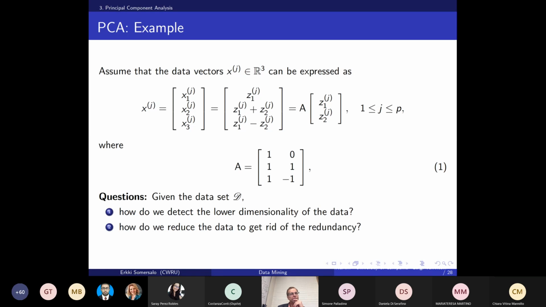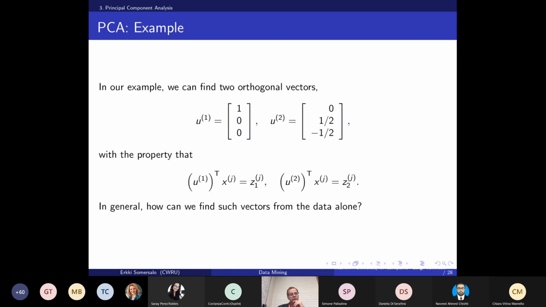You can think that, let's say, you have people who have bought a car and they have bought car insurance, and for some reason the car and the car insurance always come together. So you don't really need to know that the person has the car to know that the person has car insurance. In that case, you might as well try to reduce the data. But of course, the data is not given to you in that way. It is given so that the components look independent, but there is a dependency between the data. Statisticians would say that there's some sort of correlation in the data, and we would like to find that correlation.